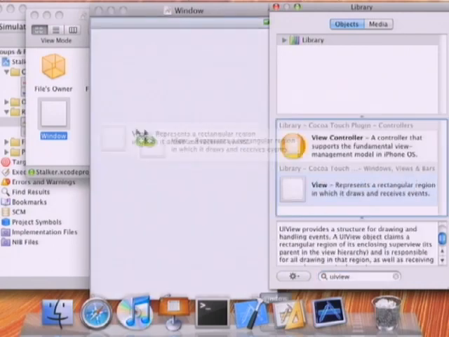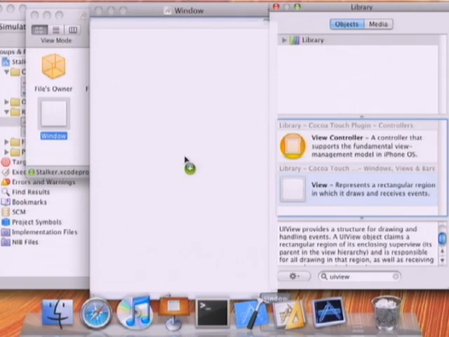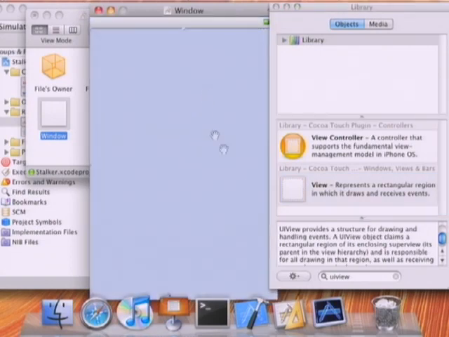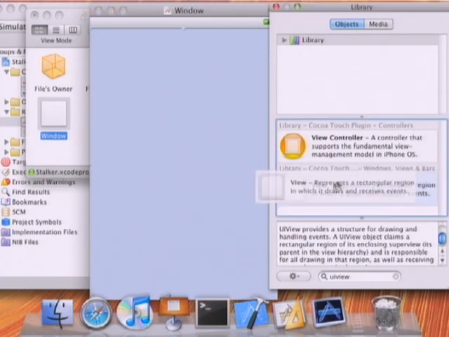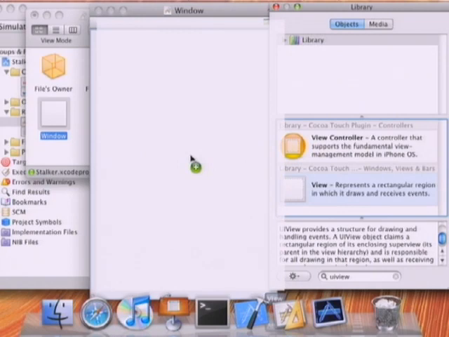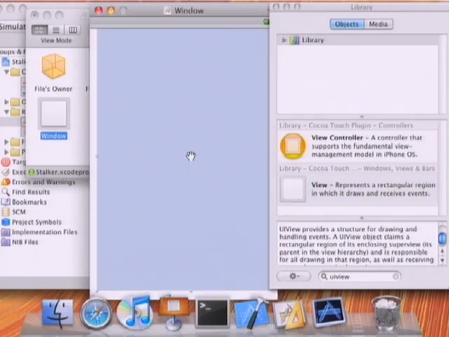I'm going to put a UI view in there. Okay. And let's see. I'm going to take another view. And this mouse is not responding. I'm going to change the dimension so it's just a small little rectangle.